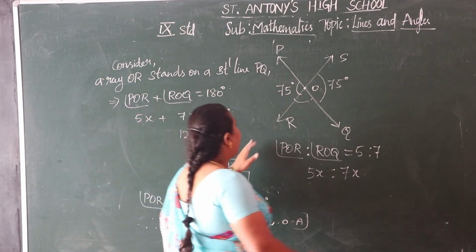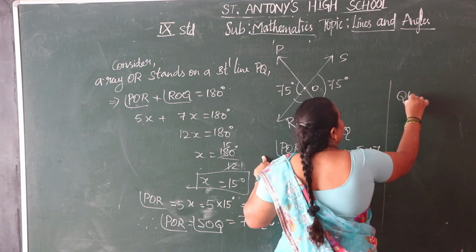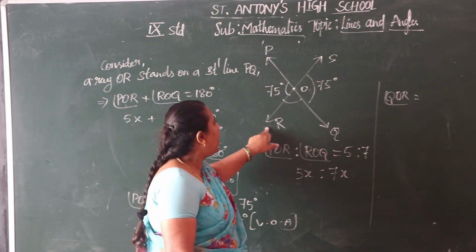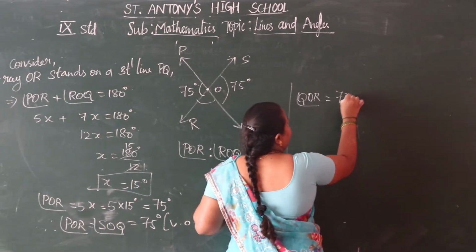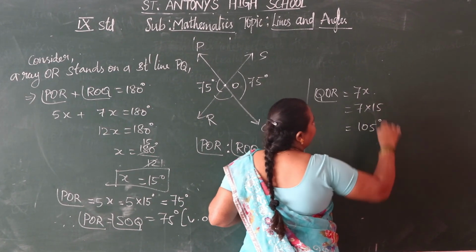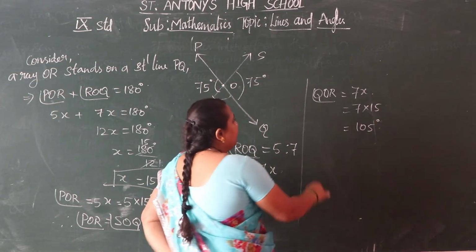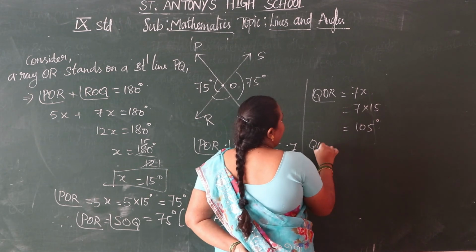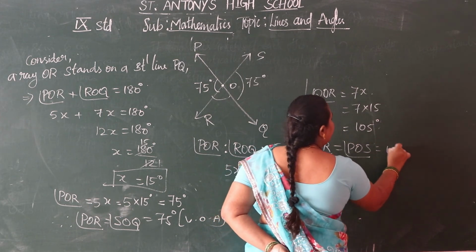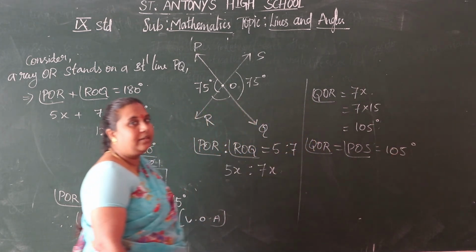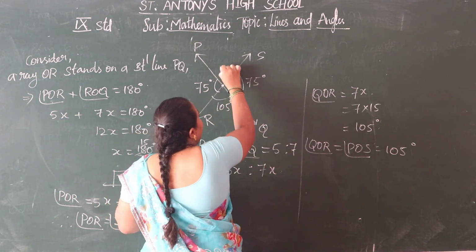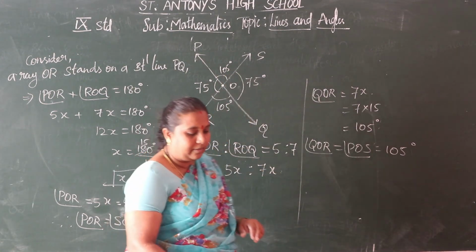And then see another angle, QOR. Angle QOR equals, we took the ratio 7x, that is 7 into 15 degrees, which equals 105 degrees. So we can say angle QOR equals angle POS. Why? Because vertically opposite angles, therefore 105 degrees. We found all the other angles, 105 degrees, and this also 105 degrees. Understood children? Okay, then